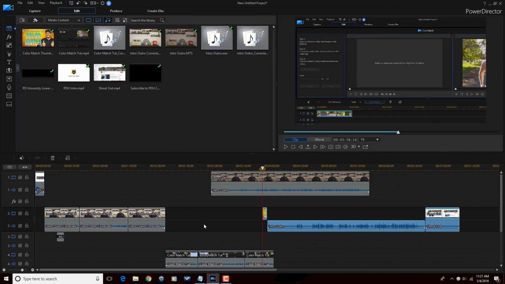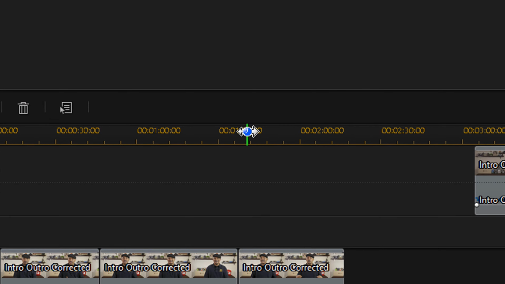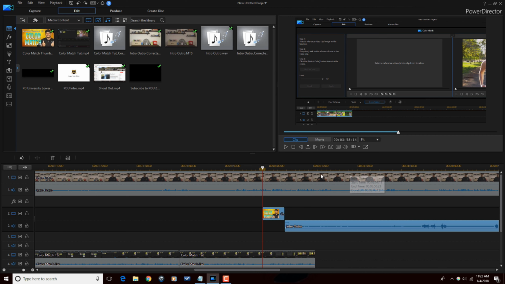Now, if we want to see more of these clips, we can easily stretch out our timeline, and this will help us be able to see more of the clips so we can do more precise editing, frame by frame editing, things like that. So I'll just place my cursor over the timeline where we have the numbers until I see a little clock and the arrows. Hold down my left mouse and I can drag this out and everything gets larger, and now I can see the different frames a lot clearer.